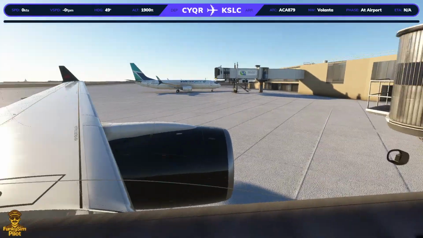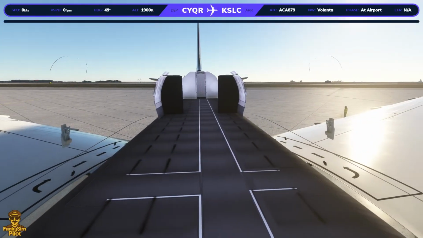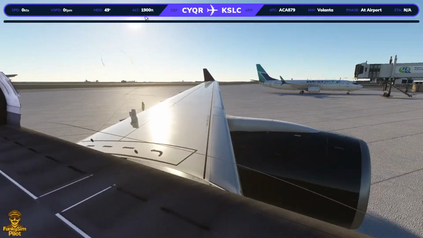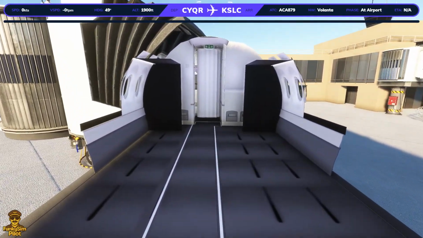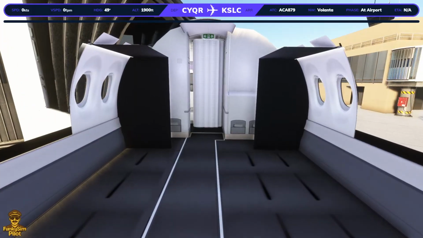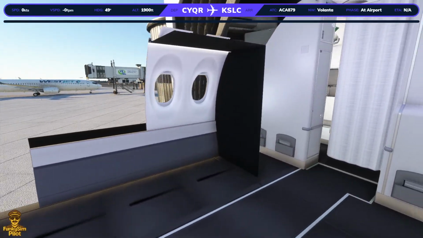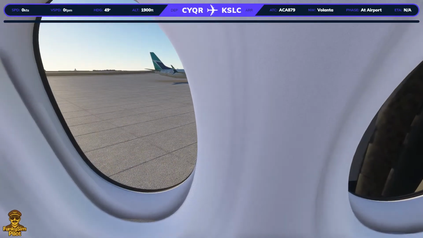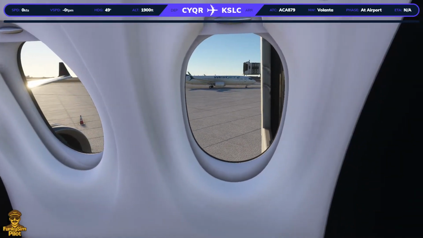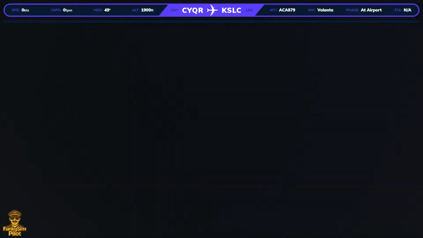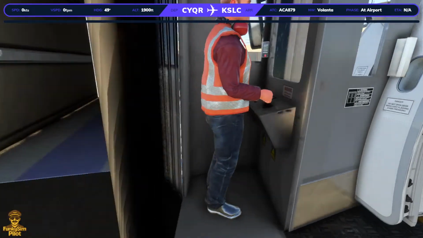I have not given the cabin version a shot. First, I just want to see if this one is even any good, and if so, then I probably will also try the version that actually does have a cabin. But you can still set up some camera views here, so they left that in. That's really nice. They did that with, I think, the Inibuilds A350 as well. So yeah, let's just see